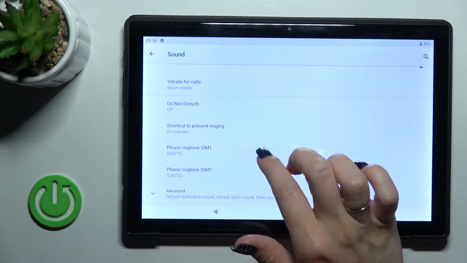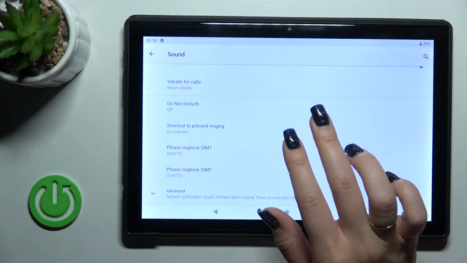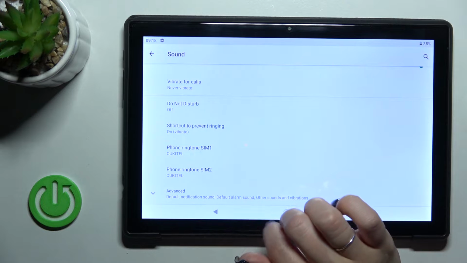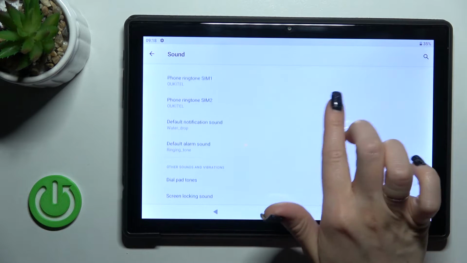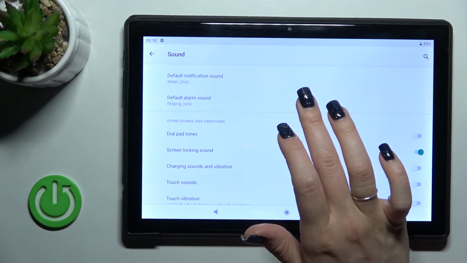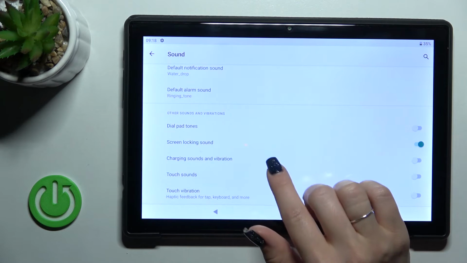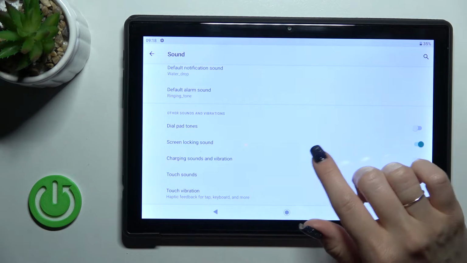You can change the ringtones, or this device has two SIM card slots, so we can set two different ringtones on each of the SIM cards. So we can switch the notification sound, alarm sound, and here in other settings we have also the dial pad